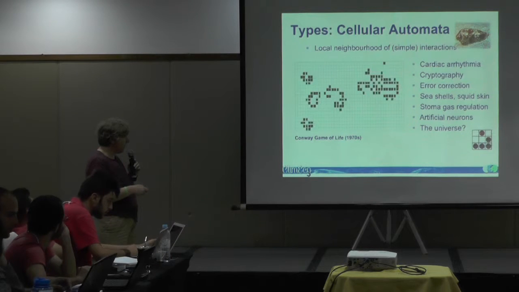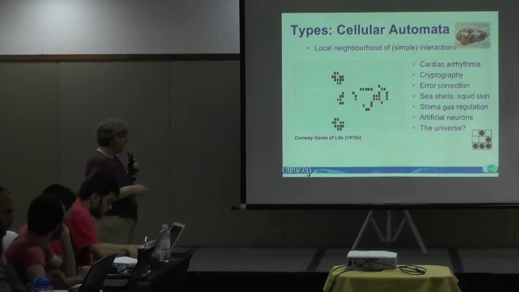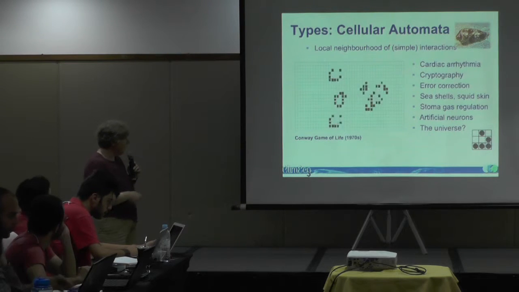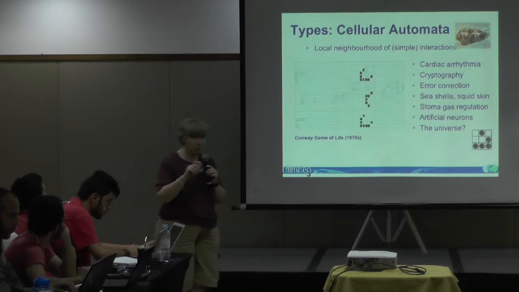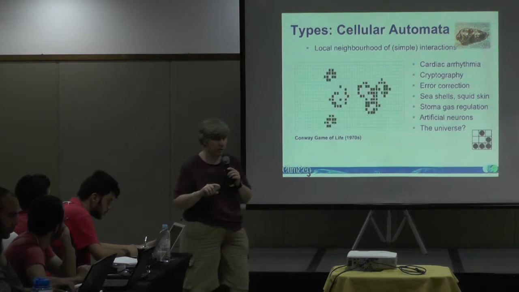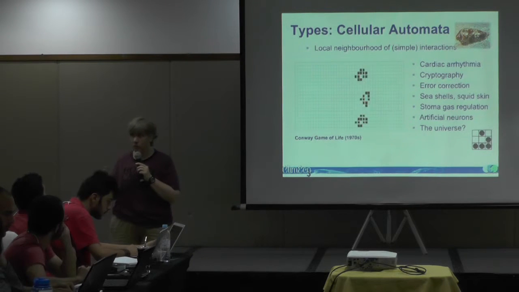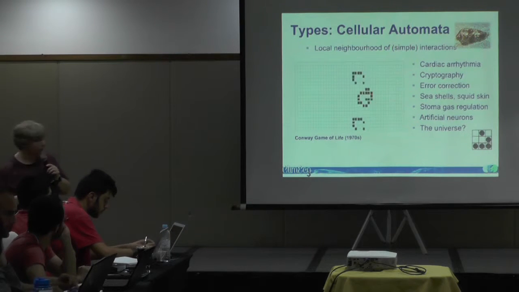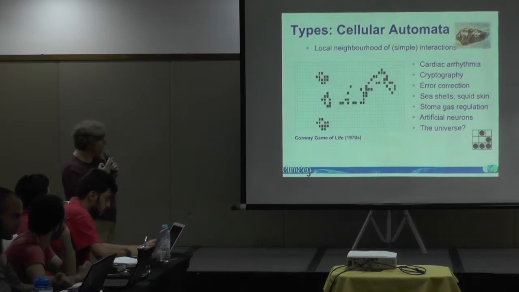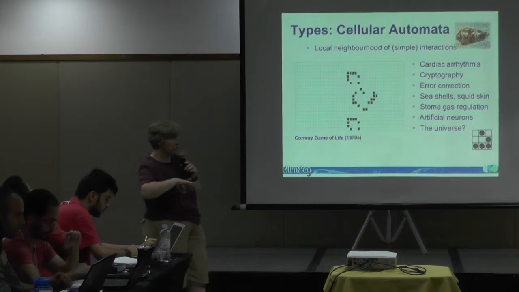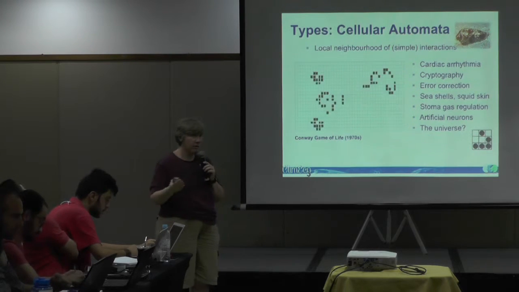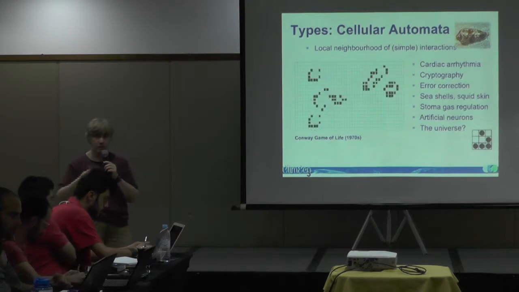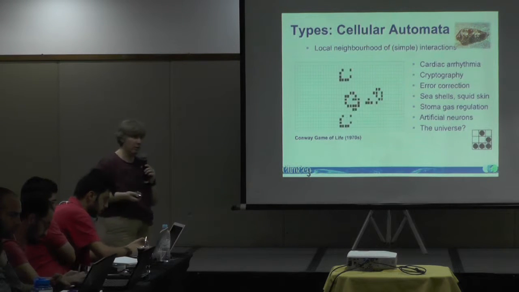So does it have something on either side? Does it have a place to go? Does it have something it can interact with to get a spread? It's a very simple rule, about three lines of code to get this to work. And what they use it for is to track the spread of a heart attack across the muscle of the heart. It can look at how the neurons grow in your brain. It looks at how the oxygen and other nutrients go across the leaves of a plant. It can mimic the creation of camouflage patterns in natural animals.